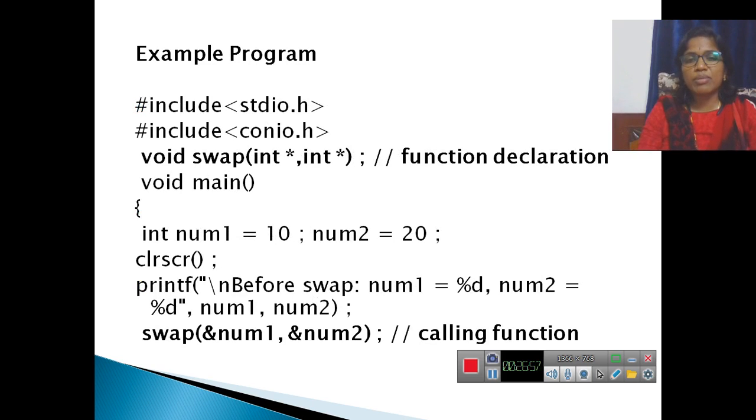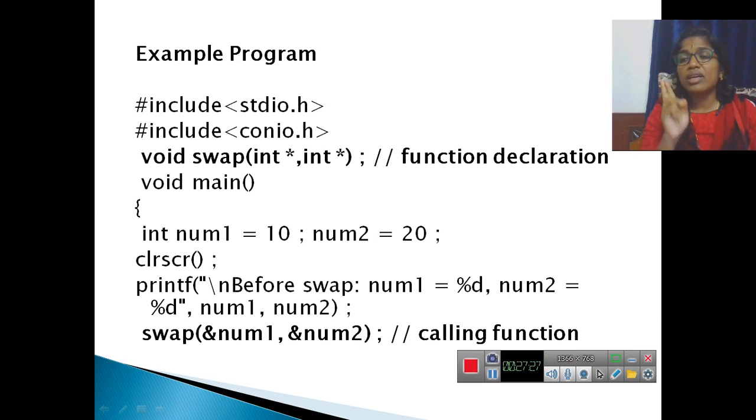So here's an example program. Listen here: stdio.h, as usual we know, and conio, it's a common thing. Here is the function declaration. It is not returning anything, so void swap, but here I'm going to use 2 variables. The new symbols we see here indicate they are pointer variables.